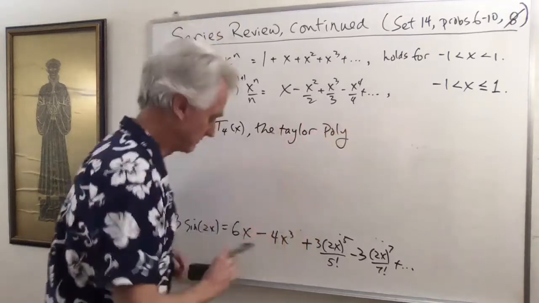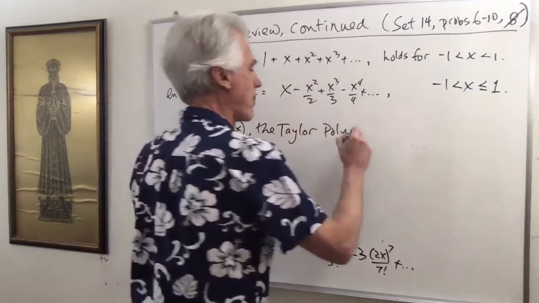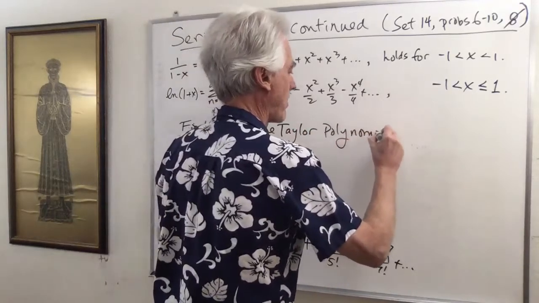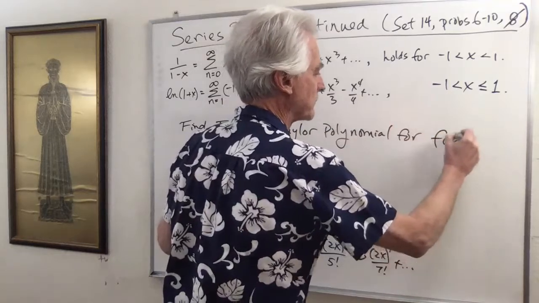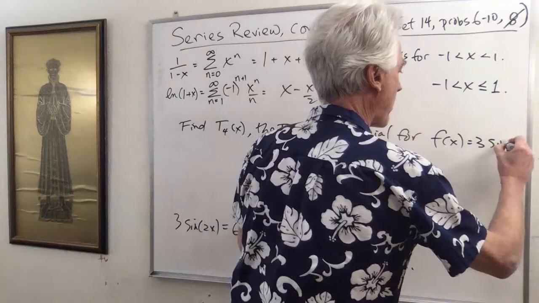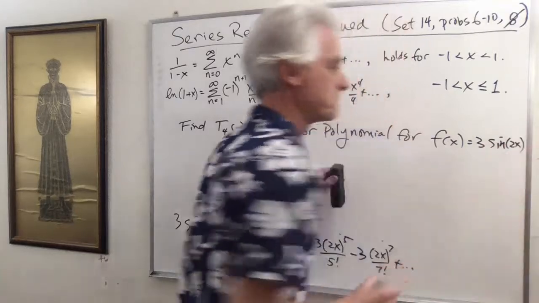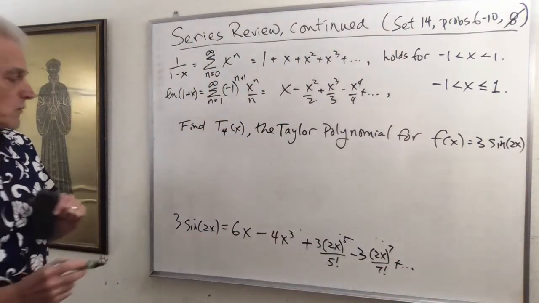That's a capital T for Taylor. For that same function, f of x is 3 sine 2x. Okay. Well,